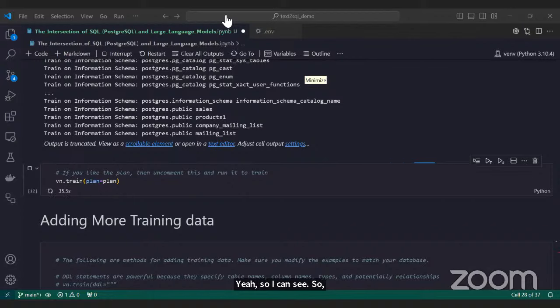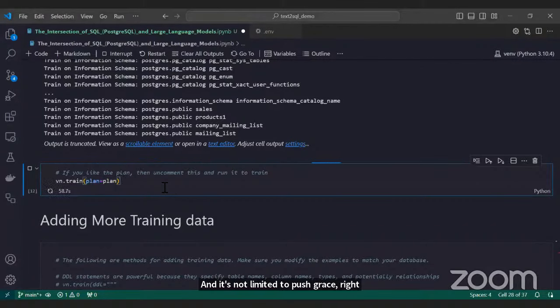Yeah. So setting up, you could use any ORM. I mean, there are a variety of them: MySQL, PostgreSQL, and Oracle. There are a number of them out there, right? And it's not limited to Postgres, right? Yeah. So this is the setting up. Okay, cool. So we're not constrained to a Postgres database.